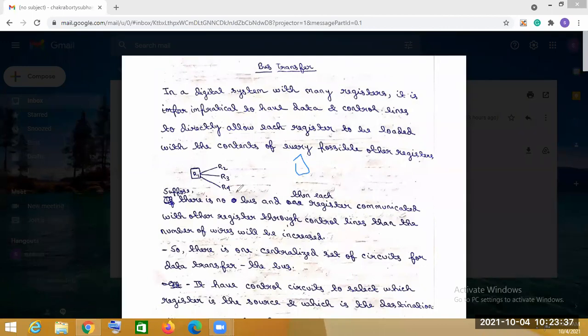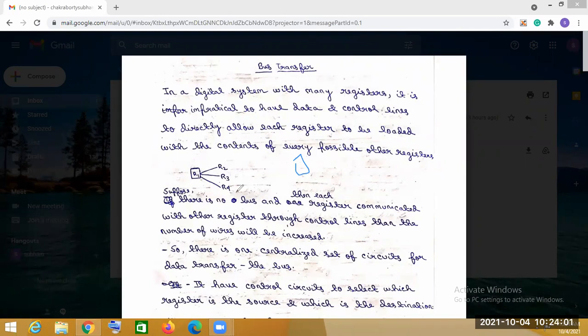If several registers want to communicate with each other and there is no bus present, then how will they communicate? They will communicate with the help of control lines.